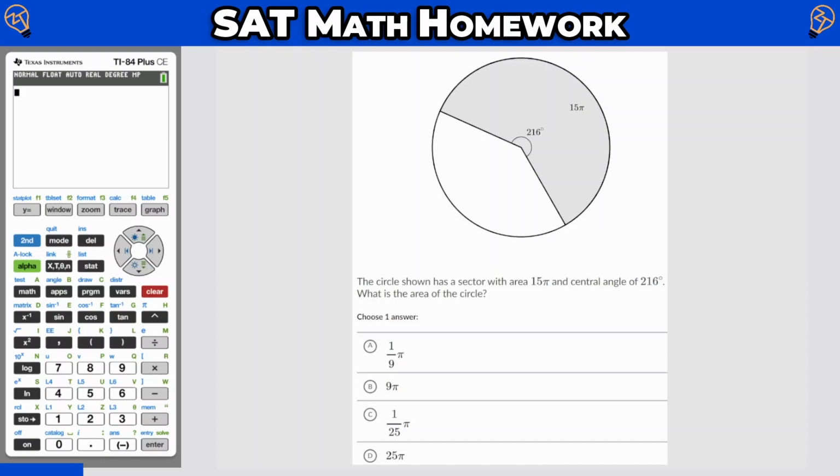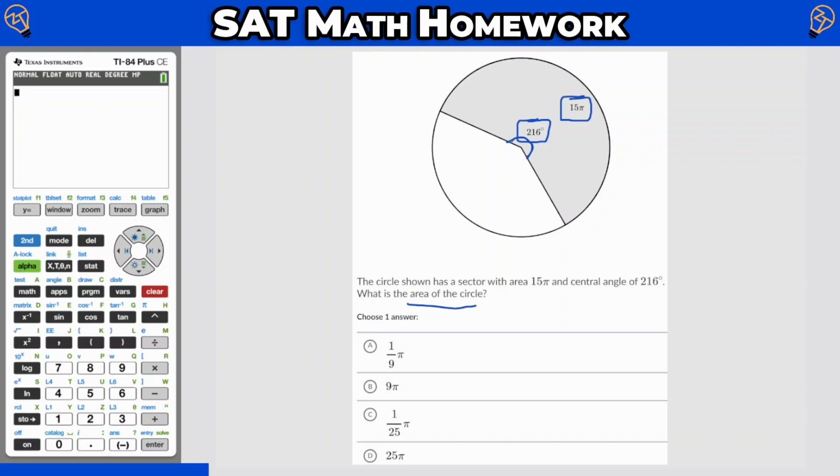So what we have here is a specific portion of the circle, which we call a sector, and we know it's 216 degrees for the measure of that central angle, and the area of that specific sector is 15 pi. So if we want to find the area of the entire circle, we're going to go ahead and set up